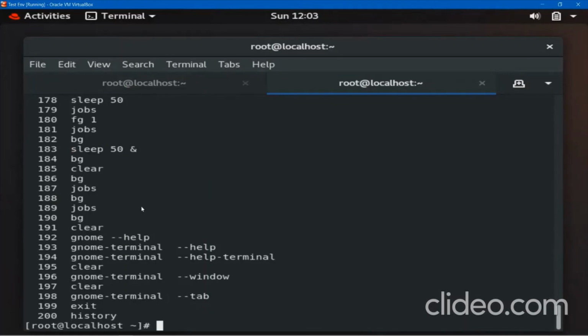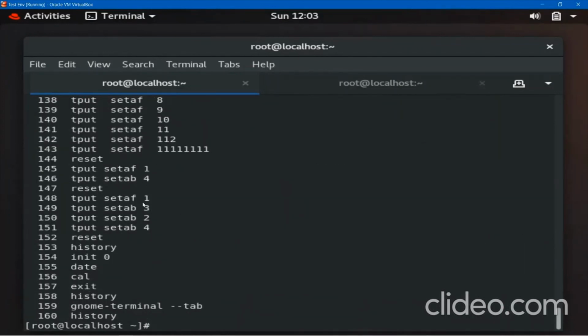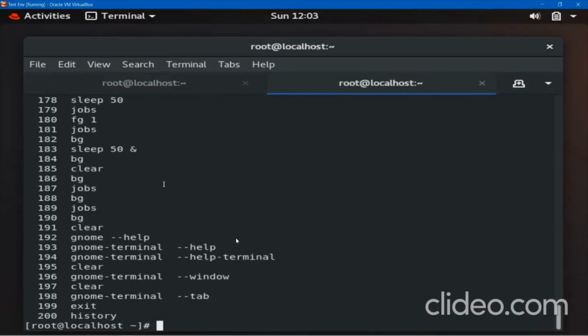The tab containing previous commands is the first one, like you can see with history. This tab contains the previous class commands, and this tab, Alt+2, contains today's class commands. So I think now you got the difference.